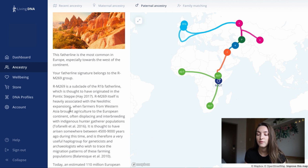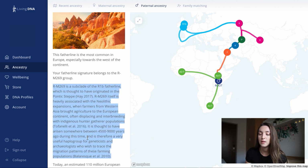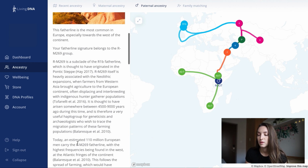It is thought to have arisen somewhere between 4,500 and 9,000 years ago, and is therefore a very useful haplogroup for geneticists and archaeologists who wish to trace the migration patterns of the farming populations. Today, it is estimated 110 million European men carry this father line, with the highest frequencies being in the west at the Atlantic fringes of the continent,